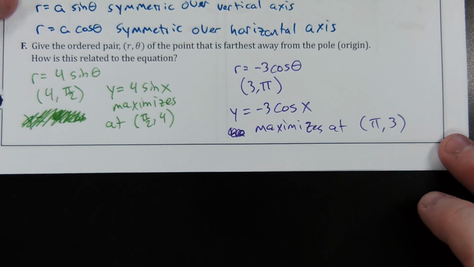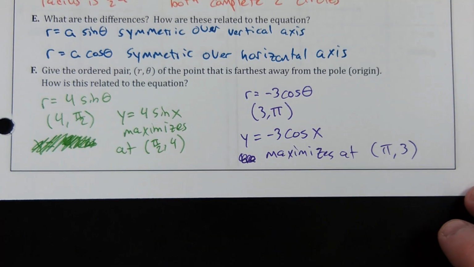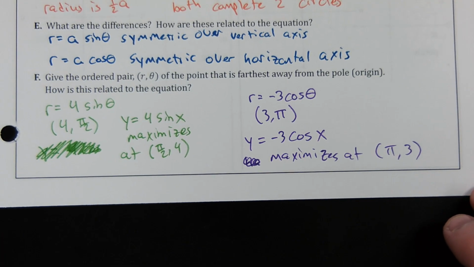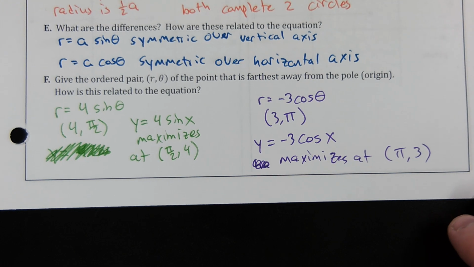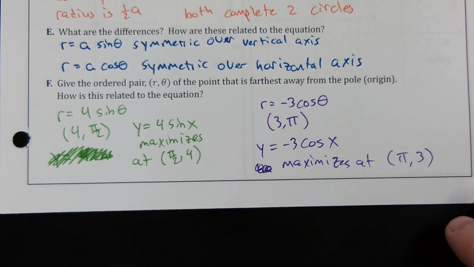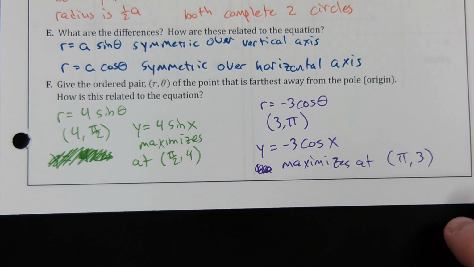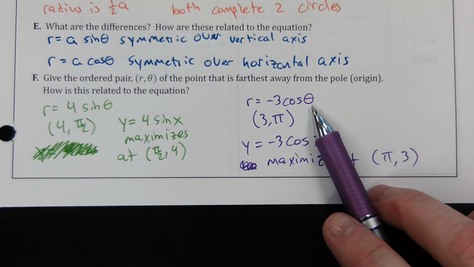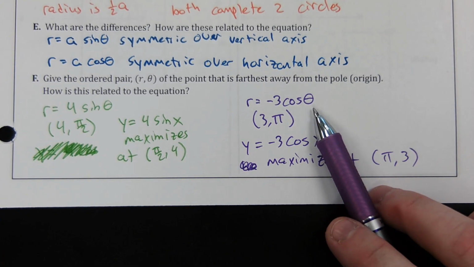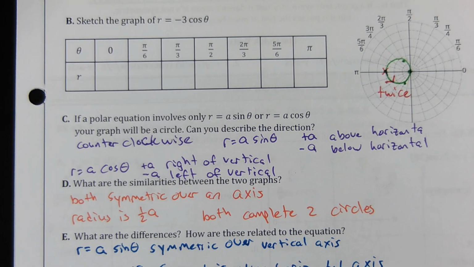If you had to think about on a polar graph, the furthest part from the pole would be where the xy wave has a maximum value. Isn't that neat? Also, where it has minimum values as well, because the graphs, the waves, their minimums and the maximums are the same distance from the x-axis. So on the second rotation around,